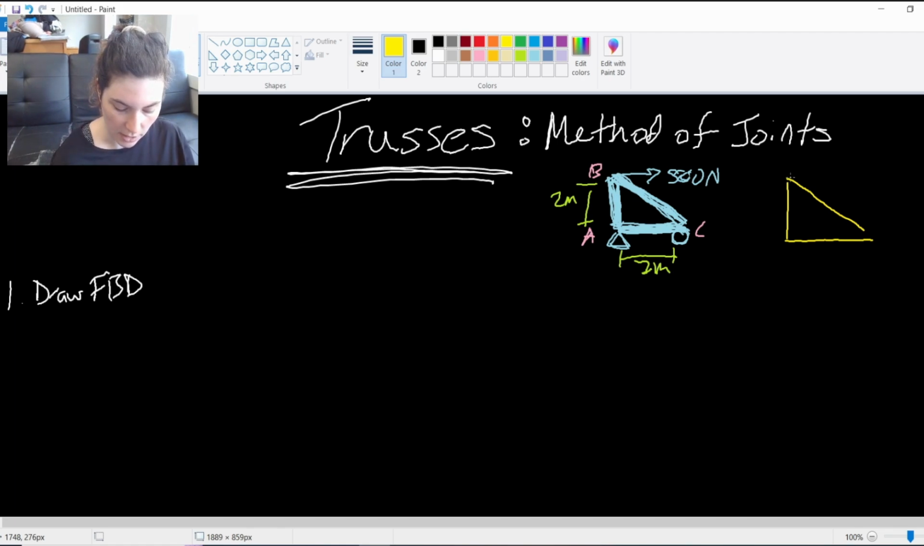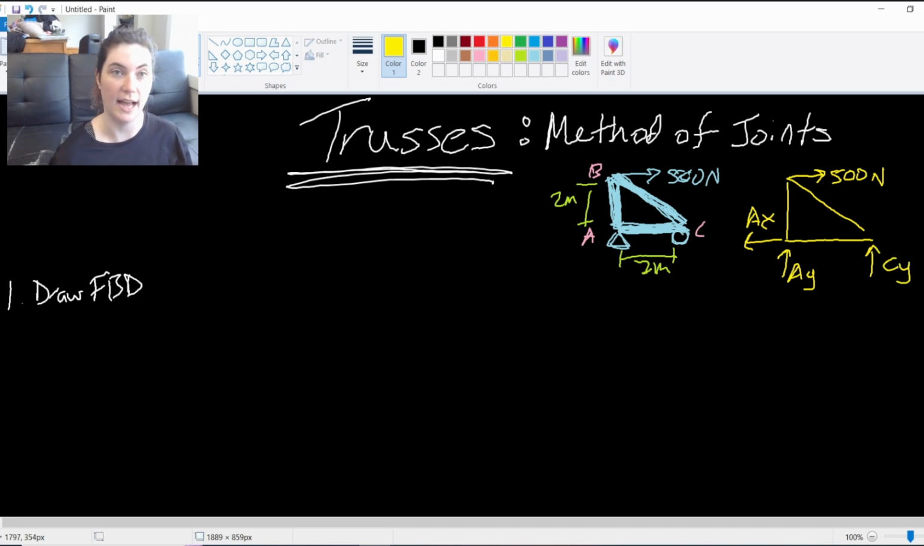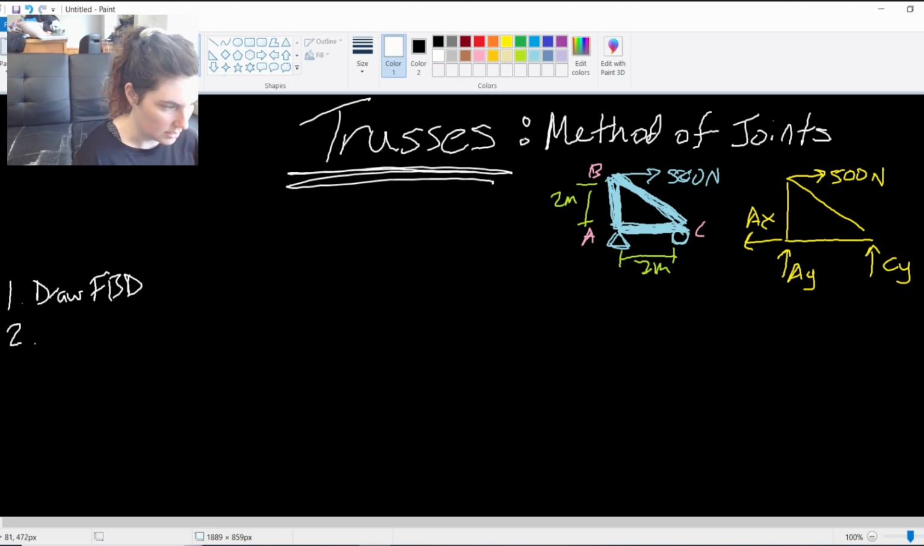I would put on my applied forces that I see. So I see a 500 Newton applied force to the right at point B, and then my reaction forces. I have a pin at A, so I'm going to have a Y reaction force and an X reaction force. And then at C I have a roller, so I'm going to have a Y reaction force at C. So now that I have this free body diagram, my next step is to apply the equilibrium equations and